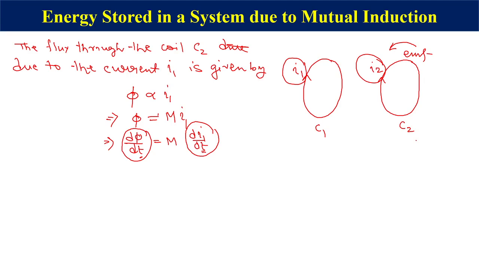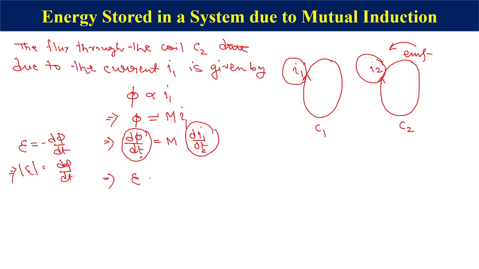Now, if we consider Faraday's law in this case, what does Faraday's law give me? Faraday's law says that if there is a change of magnetic flux linked with the coil, then an EMF is produced, and it is given by minus d phi dt. That means the EMF is induced in such a direction as to oppose the change of magnetic flux. But if we do not consider the negative sign, which is just a symbol of opposition, and just consider the magnitude, I can write the EMF E is equal to d phi dt.